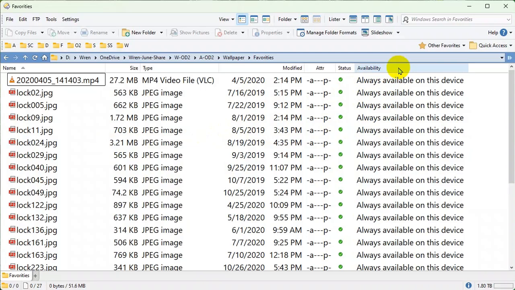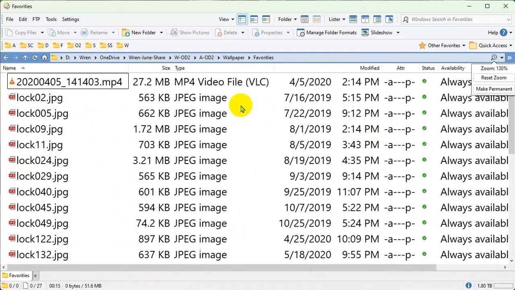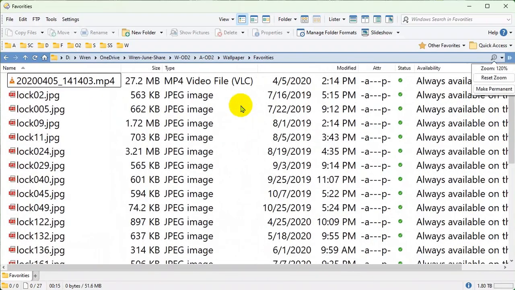It's availability and the attributes. Attributes used to be important to me on Unix and the systems I used prior to that, but here it's not so important. So anyway, you can modify this, but what I want to show you is the size of the text in this particular pane was set to 120 by the default lister, but I can hold control and zoom it down or up just like I can with thumbnails. Pretty amazing that it happens that way. But remember, this is only a local change unless you save the list